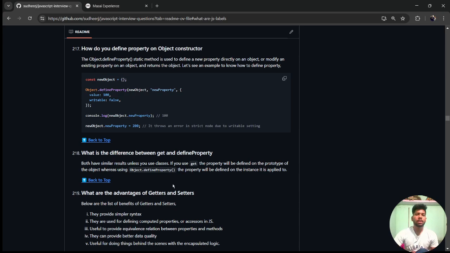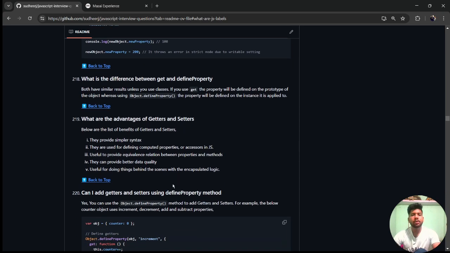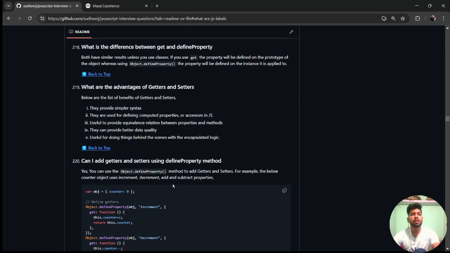What are the advantages of getters and setters? They provide similar syntax. They are used for defining computed properties or accessors in JavaScript, useful to provide an equivalence relation between property and method. They can provide better data quality, useful for doing things behind the scenes with the